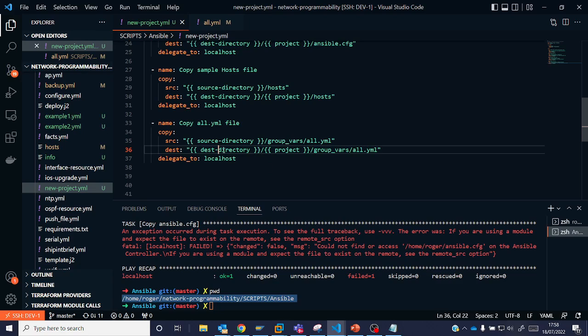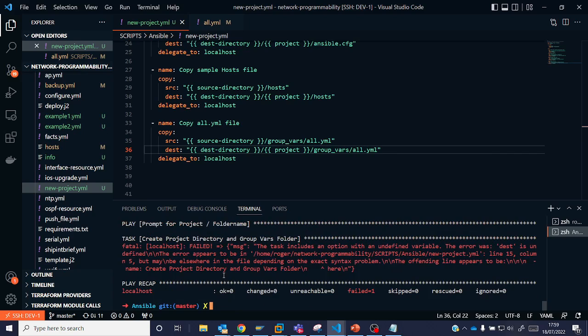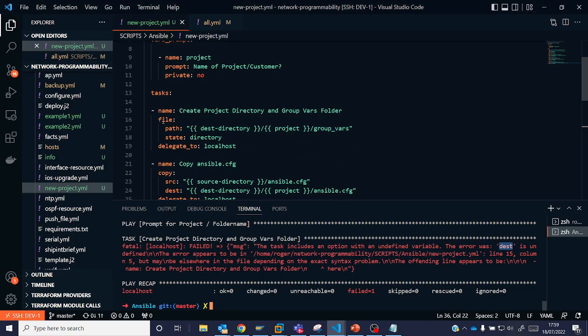So that's done. Let's try this once more, and we'll run it up. So I'm going to call this bank 6 now. No, still, so the error was, so this is where Ansible now says the task includes an option with an undefined variable. The error was dest is undefined, line 15. So if we go back into line 15,